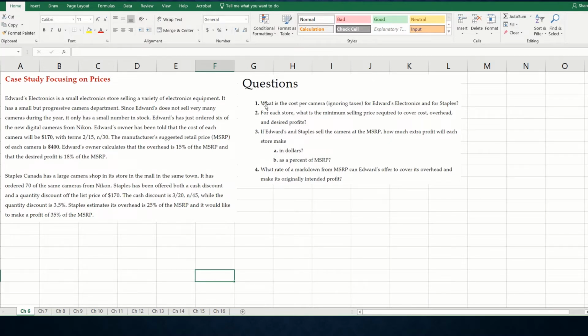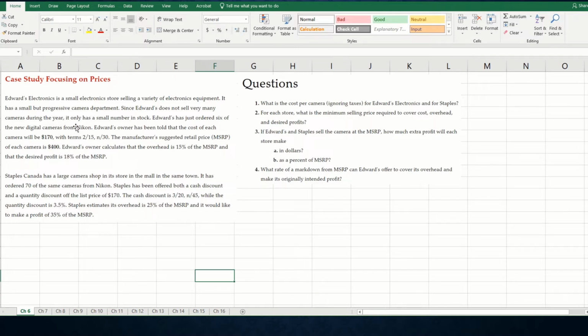Okay, so we're going to start with case Edwards Electronics. This is for chapter 6. One of the keys with creating Excel spreadsheets is to ensure that they're understandable. So we're going to get started and make sure that we create row and column headings for everything that the